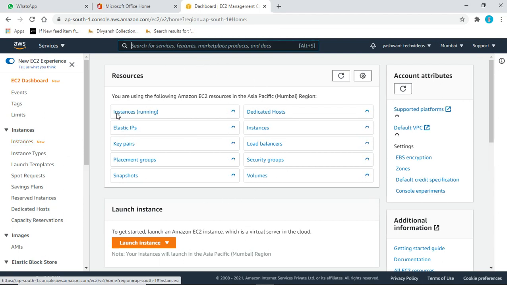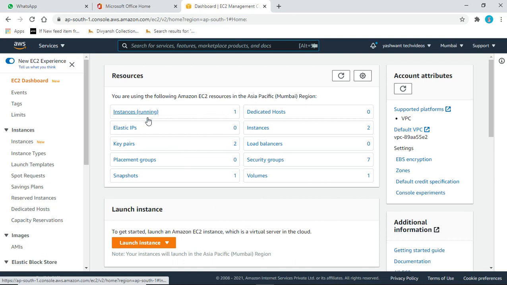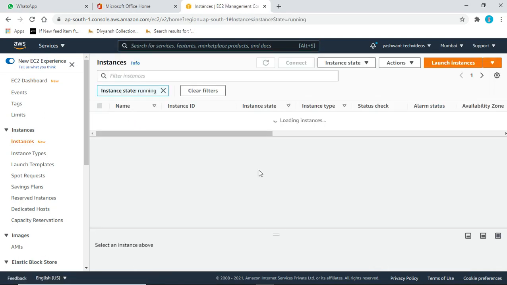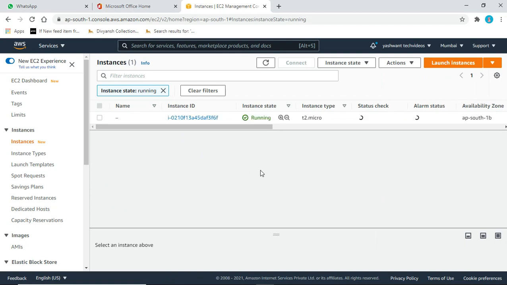You can see here how many instances are running. You can see here one instance is running, and click on instance, then you will get more detail about that instance.